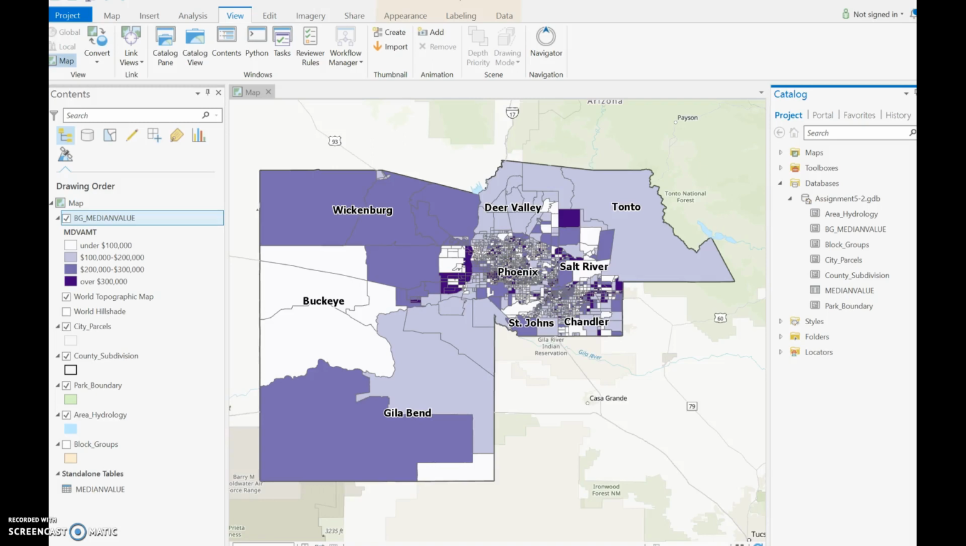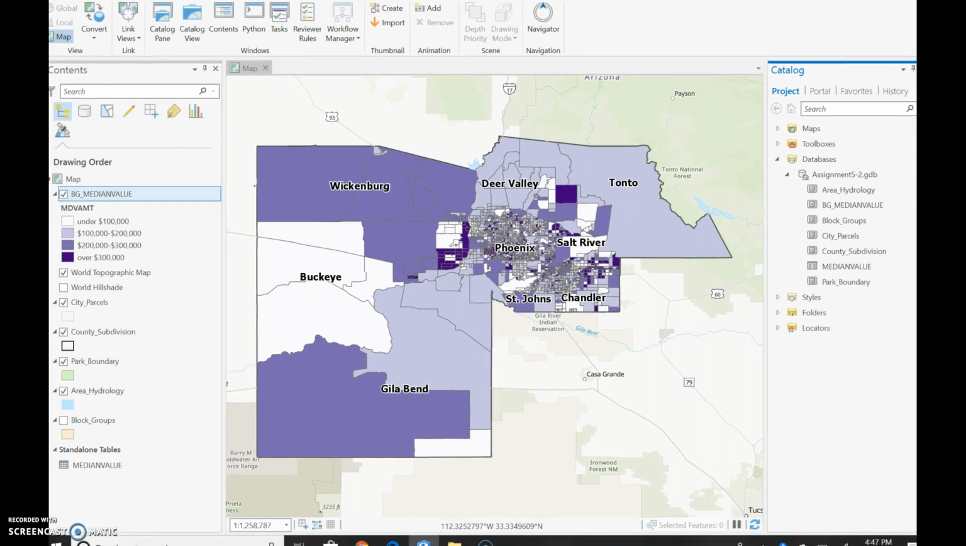Hi everyone. So this video is going to try and teach you how to symbolize this map into a Chloropleth map as per the instructions for this assignment. So there's a couple things that could go wrong when we're trying to do this. So number one, what's going to happen in this case is probably when you joined the tables of